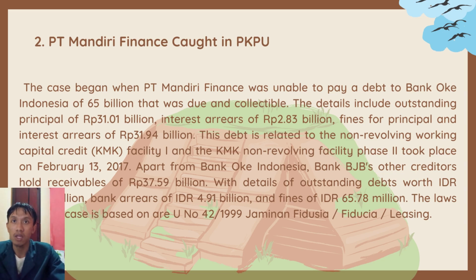Apart from Bank OK Indonesia, Bank BJB was also a creditor holding a receivable of 37.59 billion rupiah, with details of outstanding debt worth 32.622 billion rupiah, bank arrears of 4.91 billion rupiah, and fines of 65.78 million. The law that this case is based on is Undang-Undang Nomor 42 Tahun 1999 tentang jaminan fidusia